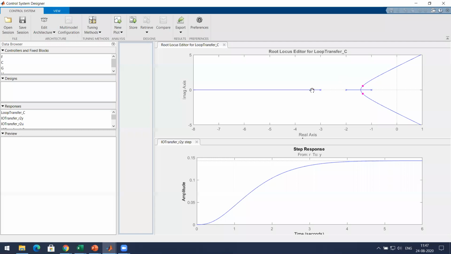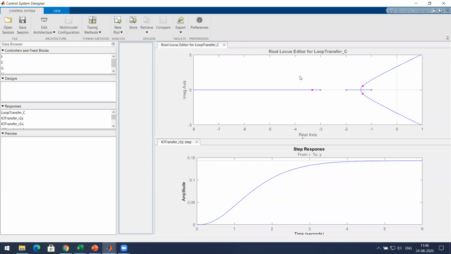This magenta thing. What are these? They are the poles at k equal to 1, because you took it as 1 divided by s plus 1 into s plus 2 into s plus 3. So with k equal to 1, the 3 pole positions are these.